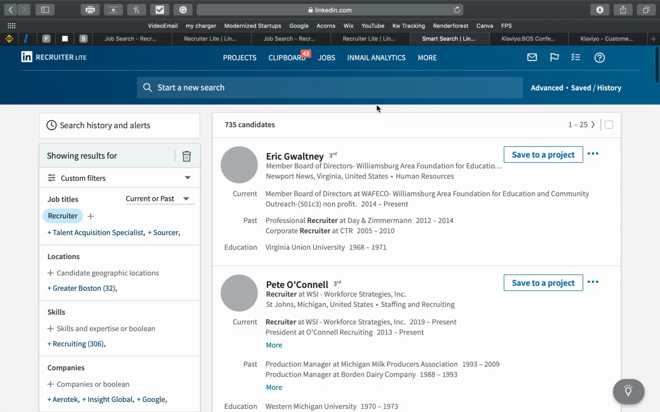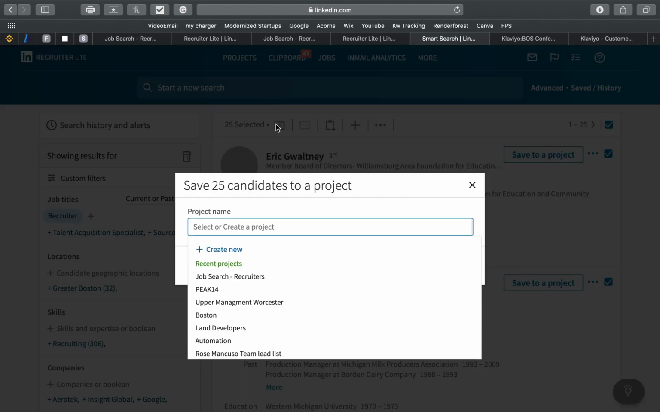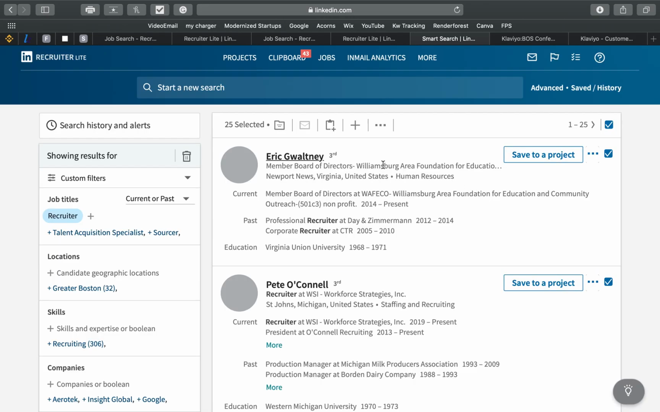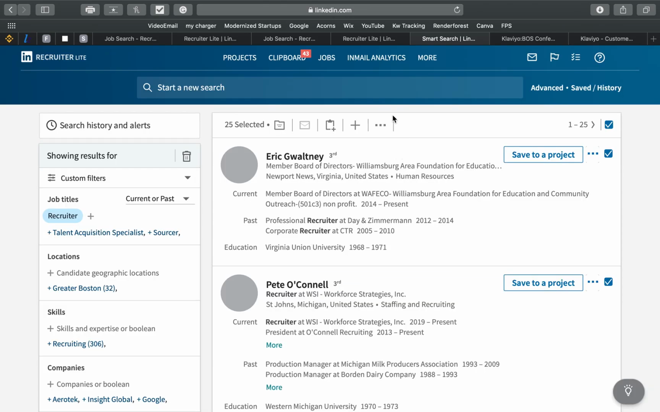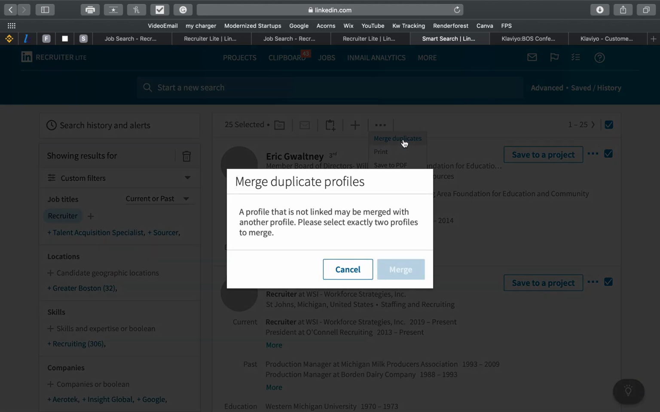You can also, what took me forever to figure out, is you click this check box over here and you go, okay, I want to save it to, this is saving it to your clipboard. Not really what you want. You want this button over here that saves to a project. For example, recruiters would be it. Also, you can hit add note, right? And you can add a note for the 25 people, which is pretty cool. You can also go to here, say merge duplicates,